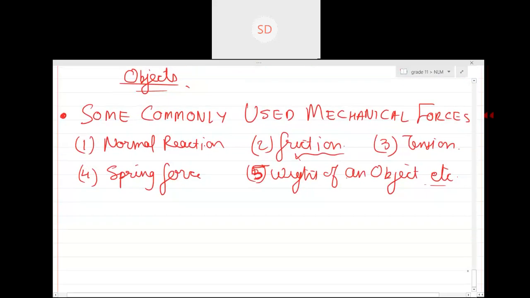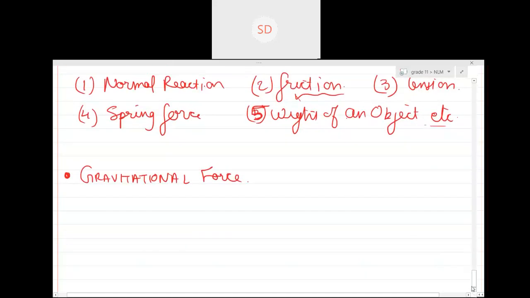Buoyant force also. Whenever their respective chapters come, we will study them. Let's start first with the gravitational force. We're not studying nuclear force and all. We are studying only the ones required for the revision of forces already done in previous units. So first, the gravitational force.